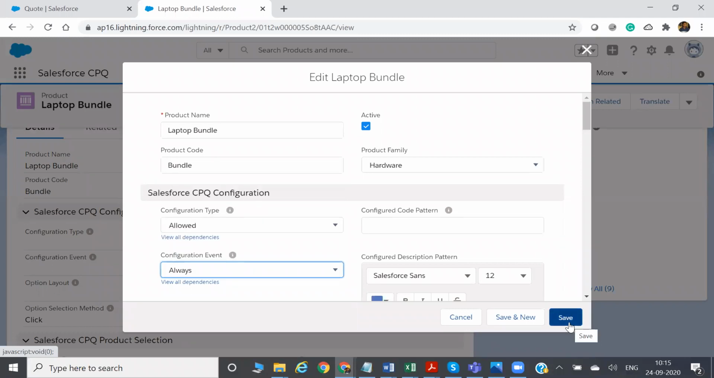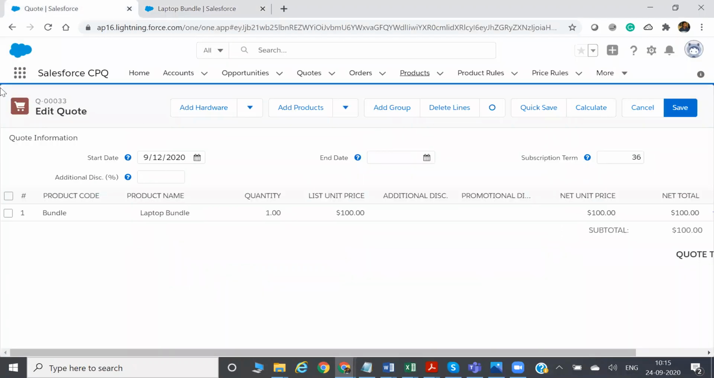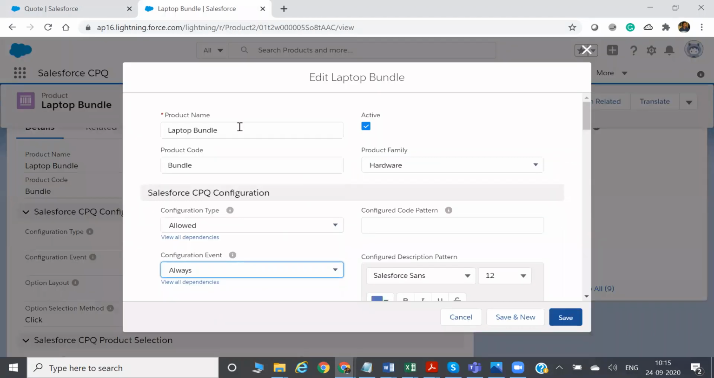We have not selected anything in configuration type and configuration event. What should happen? I showed you, right? I haven't selected anything. You can't see the configuration page, right? Yes. After selecting that product, adding that product,